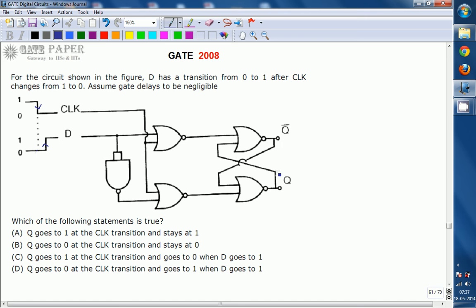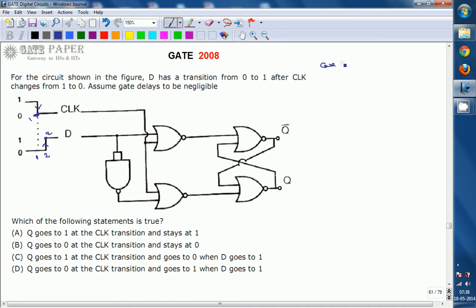What changes are going to take place at output Q? That is this one over here. Here we are going with different times. This is the first case, and this is the second case. In the first case, the clock is changing from 1 to 0 and D is equal to 0, and in the second case the clock is equal to 0 and D is equal to 1. So we will go with these transitions. This is the point we are interested in, this point and this point. That is case 1, case 2.